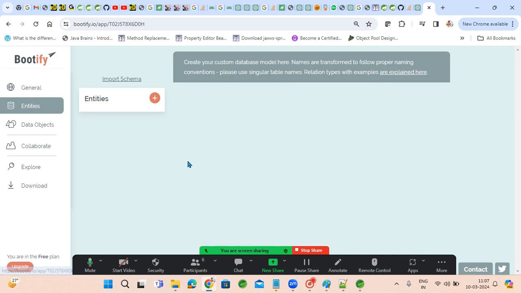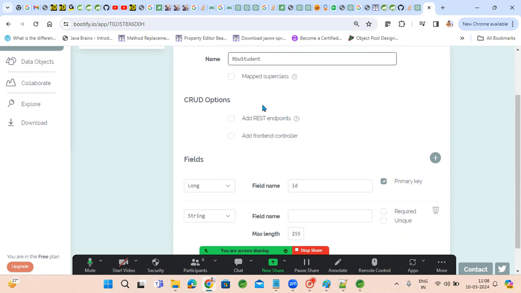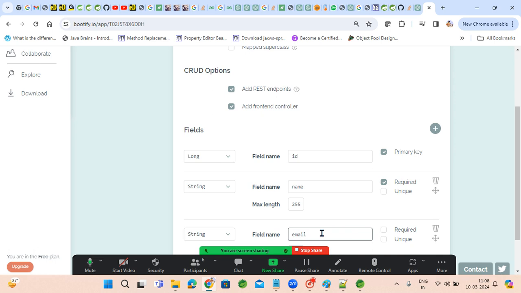Just set up entities, which means it is asking you to create a table, which table you want, or the table-equivalent entity you need to create here. Something like RBU student. One table it will generate in the background. I want REST endpoints and front end controller also for this one. How many fields do you want? ID, name which is mandatory, email, mandatory,